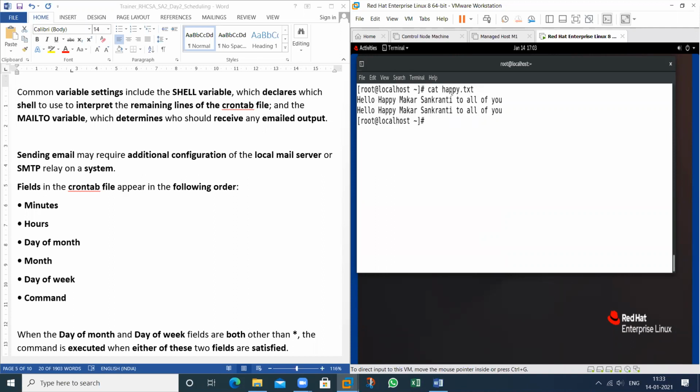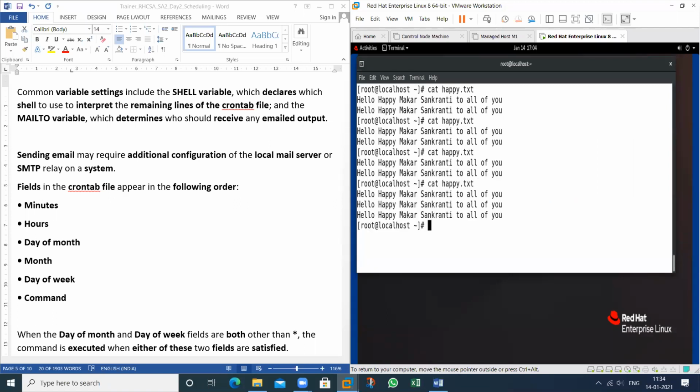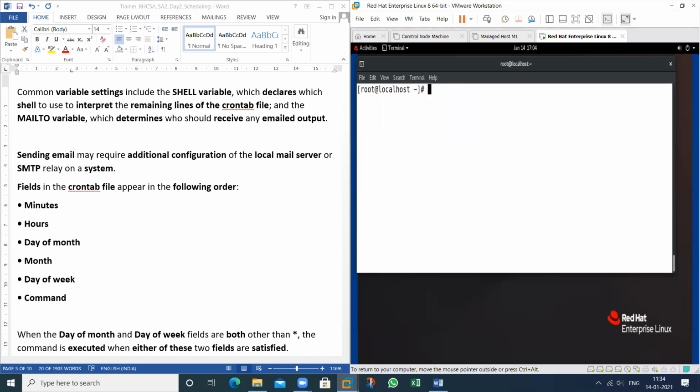The message is this: on the third minute, it will send the third. I want to check. See, this is the third one because this is the first minute value, this is the second minute value, this is the third minute, and so on. It will print all the values that you want.